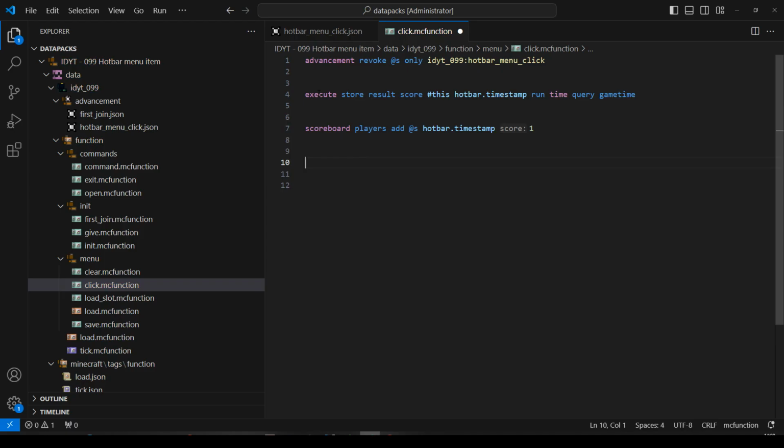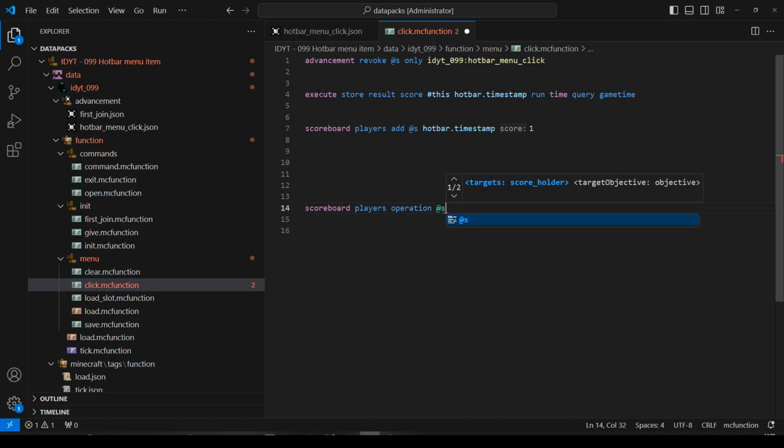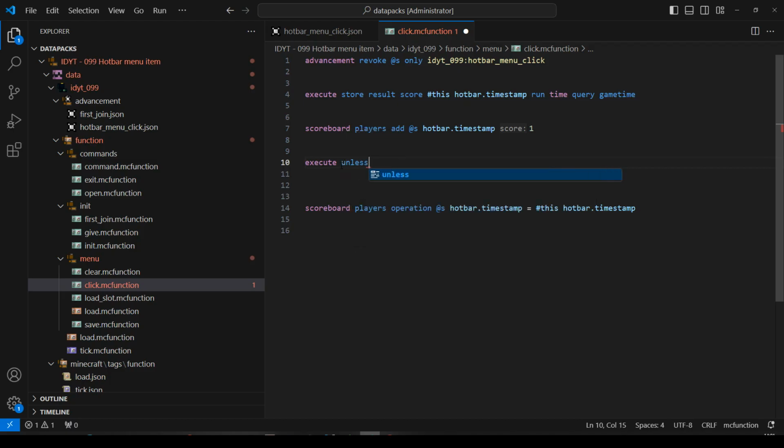Then we're going to do our command, and then we're going to set the player's timestamp to the stored timestamp. Scoreboard players operation @s hotbar.timestamp = this hotbar.timestamp, and in here is where we do our command. So we're going to execute unless score @s hotbar.timestamp = this hotbar.timestamp,